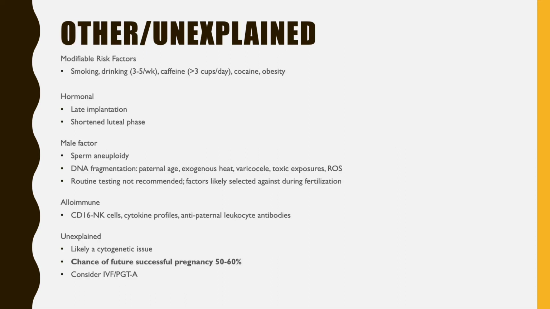So remember, about 50% of cases of recurrent pregnancy loss will have a diagnosable underlying cause in the categories that we've already discussed between genetic, anatomic, thrombophilias, or endocrine autoimmune. The remaining 50% fall into this other or unexplained category. The specifics on this slide are less important to know for CREOGs, but I think can be helpful in our